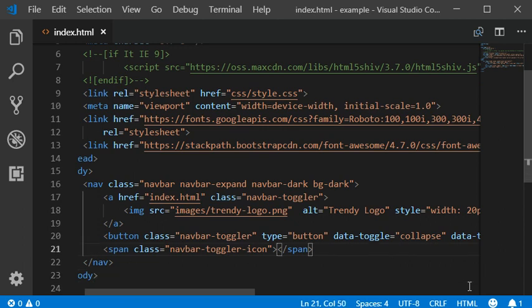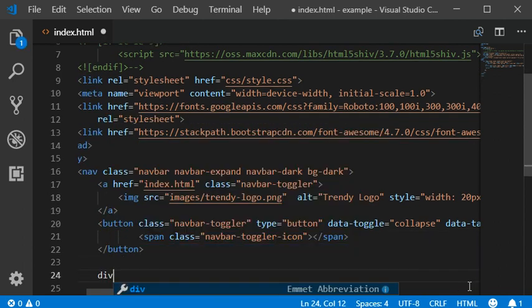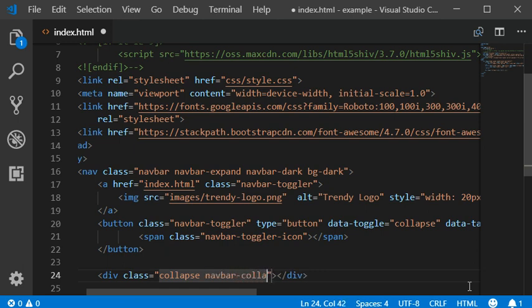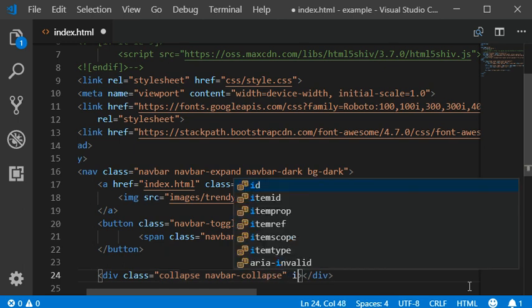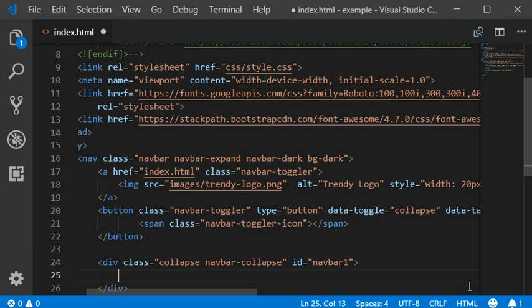So now we need to put it into the button, and then add a div tag with the class name collapse and navbar collapse, which has the ID of navbar1, and an unordered list for the navigation should have the class navbar nav. mr auto should display your navigation to the left,